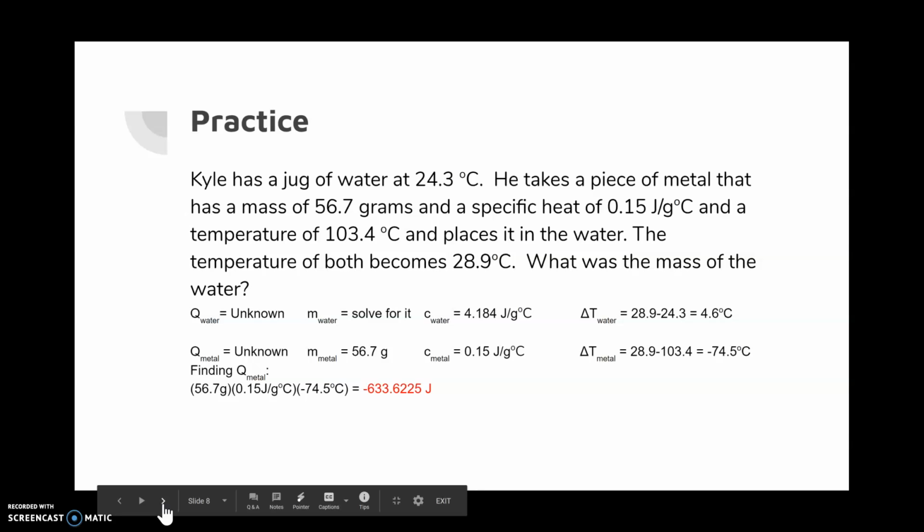This gives me negative 633.6225 joules. But I have to round it to two significant figures because of the 0.15 joules per gram degrees Celsius. Therefore, my answer is negative 630 joules. And because the Q of the metal is the opposite of the Q of the water, then I know the Q of the water is going to be 630 joules. So now the only thing that I have to solve for is the M of the water, the mass of the water. So I write down all of the quantities that I know,